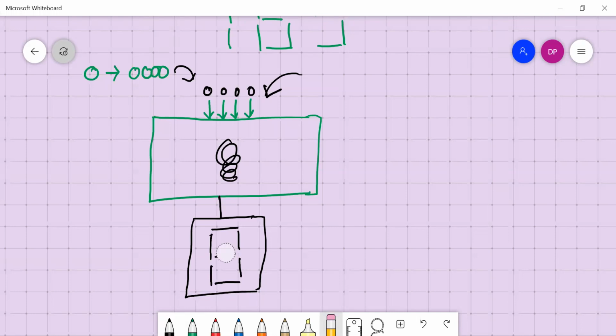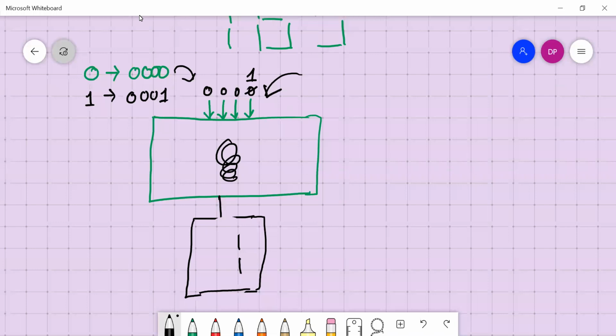So if all values are 0, it should display this, right? If the equivalent value given here is for 1, that is 0 0 0 1, and this is replaced by a 1, what should be displayed over here? I should see only this, right? So we will learn today how to make this decoder circuit, which will map a binary coded decimal to 7 segment display.